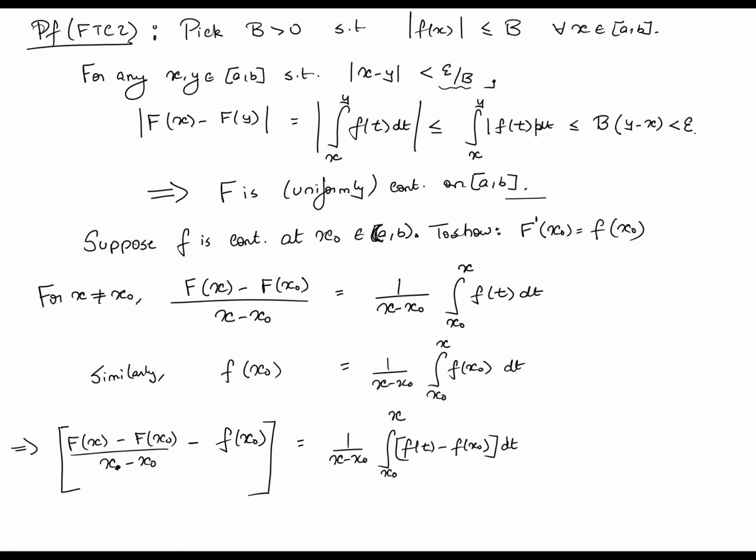Okay, so all we have done is written a representation of this left hand side, right? And note, I want to show that that left hand side tends to 0 as x approaches x naught. That is the goal of this exercise. Okay, and we have written this in terms of 1 by x minus x naught times f of t minus f of x naught integrated from x naught to x. Now here we have to exploit the fact that f is in fact continuous at x naught, right? So since f is continuous at x naught,